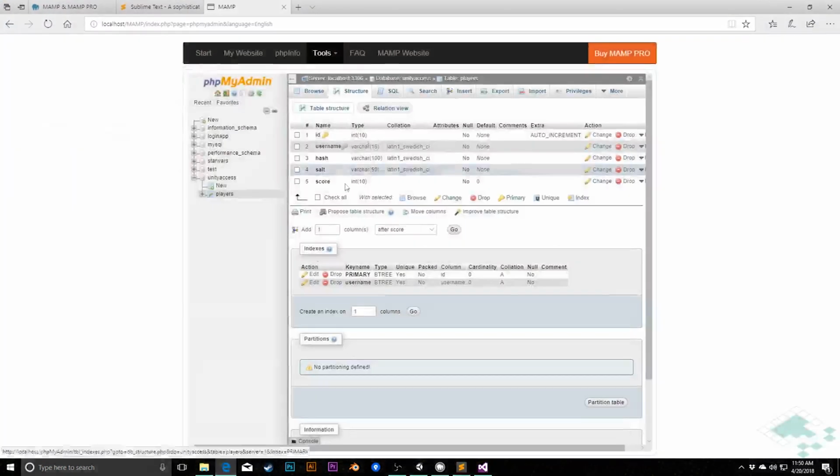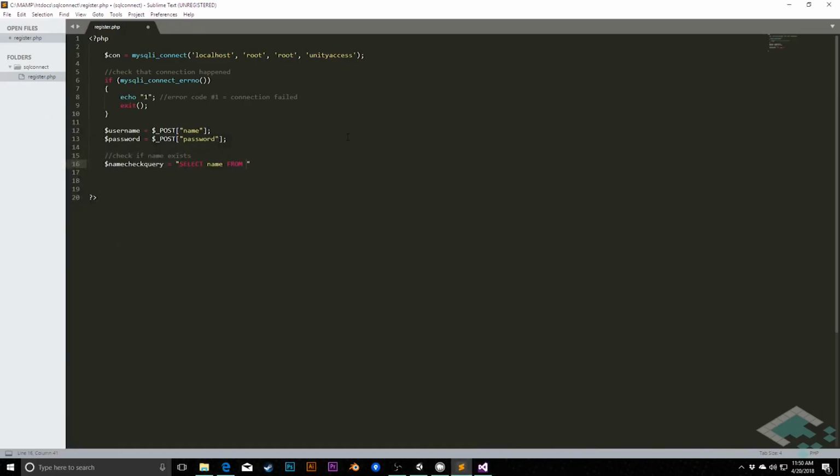And I want to double check again here. The table is named players. So we're going to say select name from players. And then we want to give it this special kind of condition. We only want rows that match the name of our username. Hopefully it's coming back 0. There are no names that match, but if there is one, we want it to come back in this query. So we're going to say select name from players where